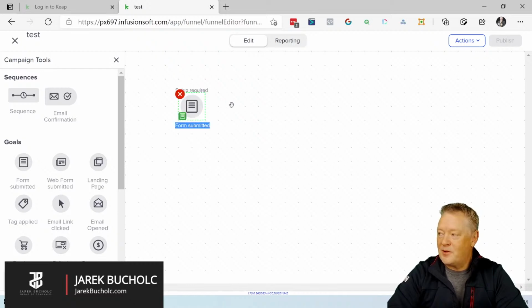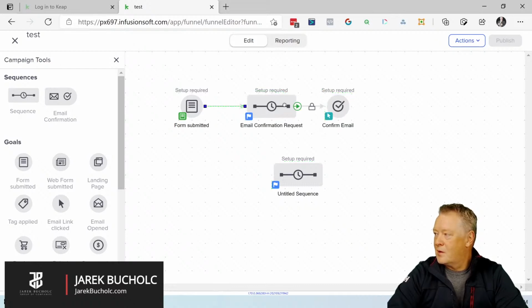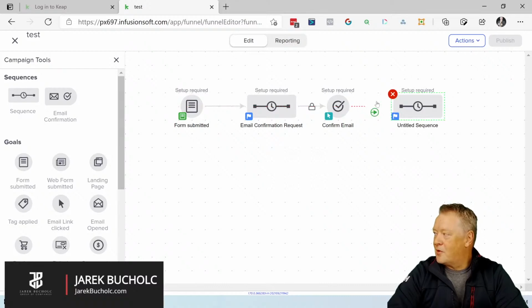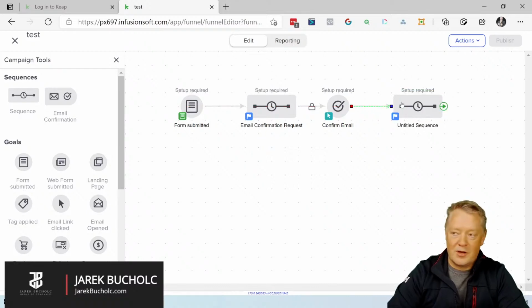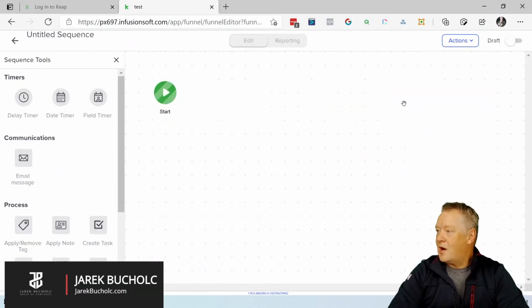If the form is submitted, you can ask them to verify the email, confirm the email. If they confirm the email, you can send them the information about whether they are approved or pre-approved or any other means possible. You can add it here, then you can send them the